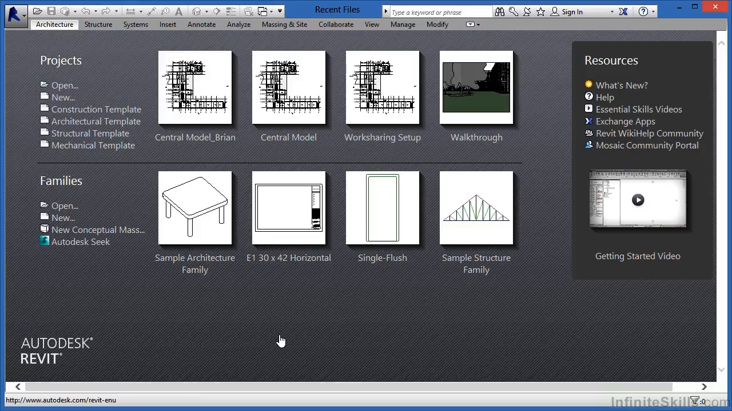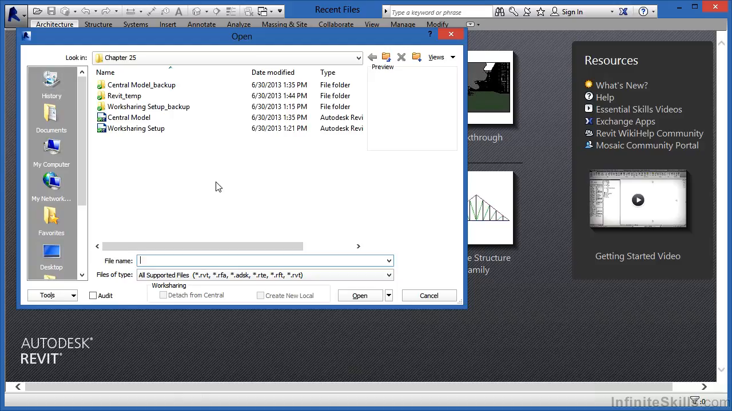I currently don't have a project open. And the reason is I like to work through the process now of opening up the Revit file when it's already had work sharing enabled. To begin this process, we need to first come up here to the word Open underneath Projects, and then with